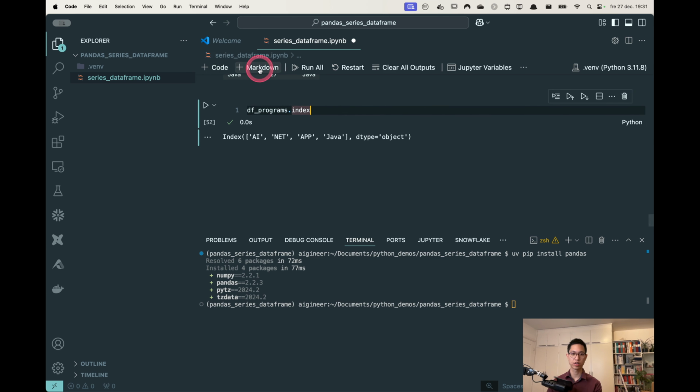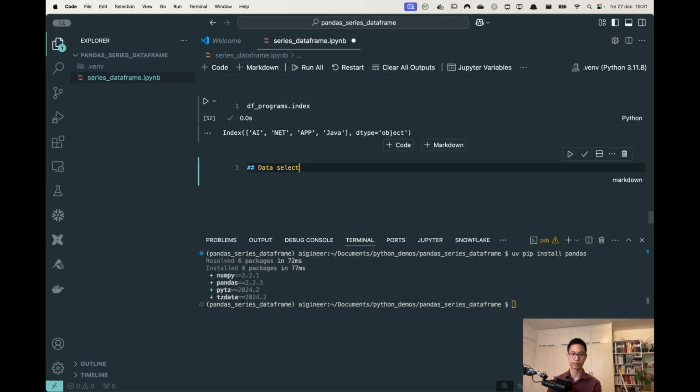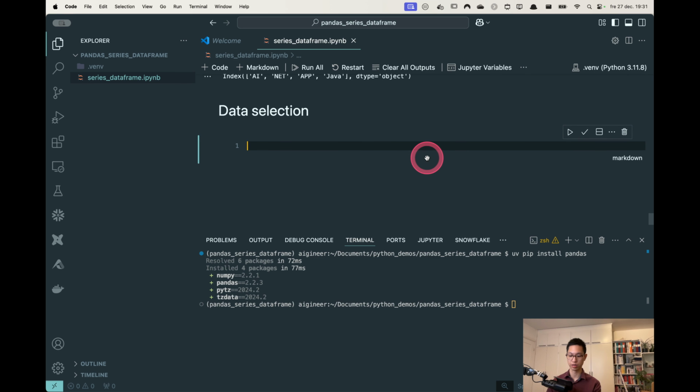And let's continue to data selection. So this is a very important part. When you're working with arrays or lists, you need to use an index to select items, right? And then you need to know where the index is, or you need to search for it, right? And in a dictionary, you have keys, key and value pairs. So you can use the keys to search for it. So in a series, you could also use keys to get the value. So in data frames, you can use